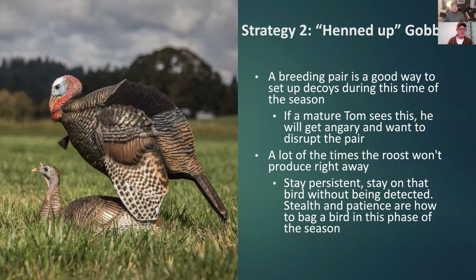And again, you can use some decoy strategies to try to address this henned up period where they're actively breeding. If you just see that morning after morning after morning, and maybe you're on your second to last hunt, maybe you want to get a little more urgent or aggressive with your decoy and set up essentially a breeding display to really force the issue: hey, if you want to breed this hen, you have to come right now. That can create that last little bit of urgency that might force that bird to come inside your effective range and give you a shot.